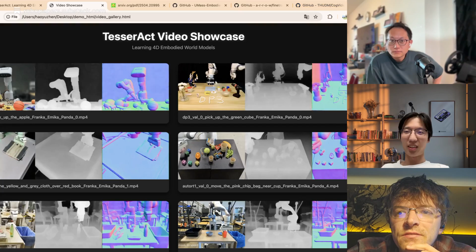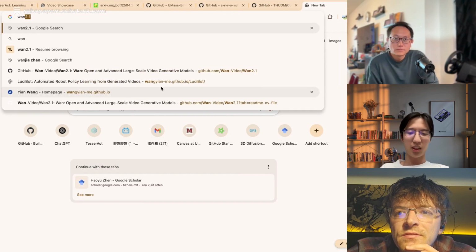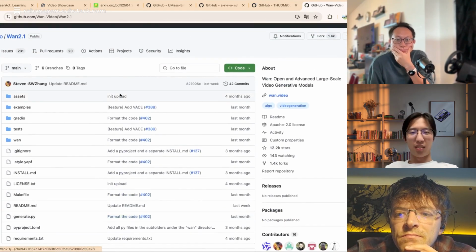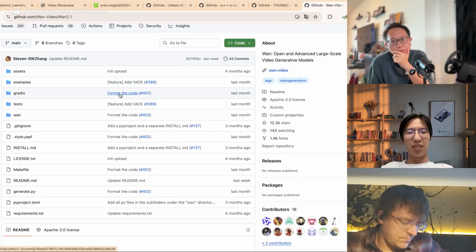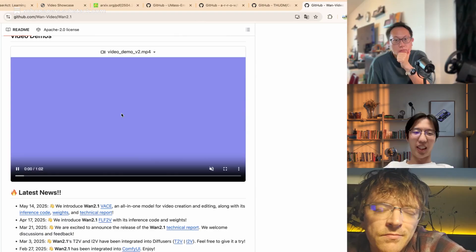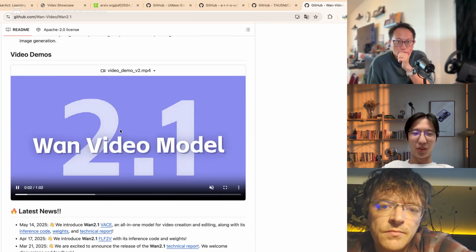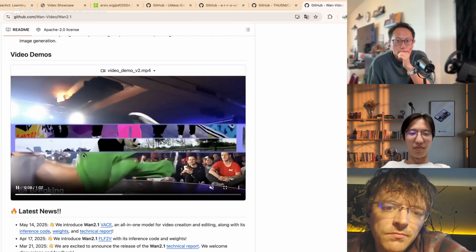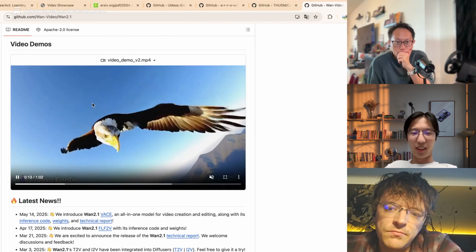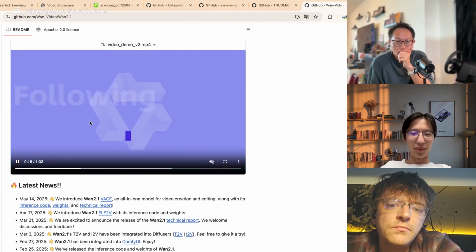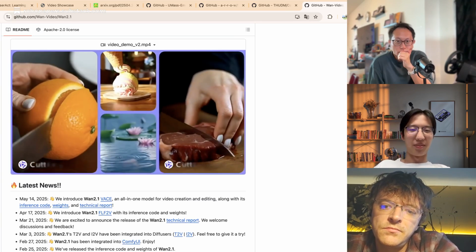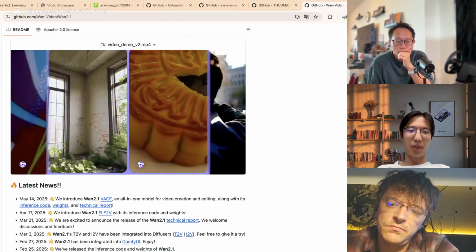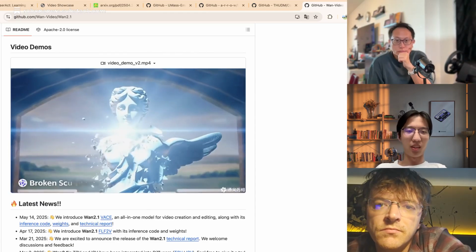I will recommend maybe two papers. One is Wan video. For now, they are one of the best video diffusion models in the world. They can generate videos like physics or people dancing, and the physics are correct, something like this. So they are the best diffusion models, and for our future work, we may use Wan 2.1 to train a new world model.